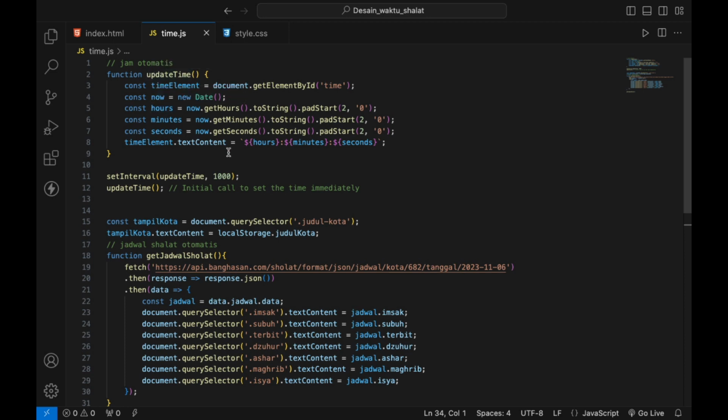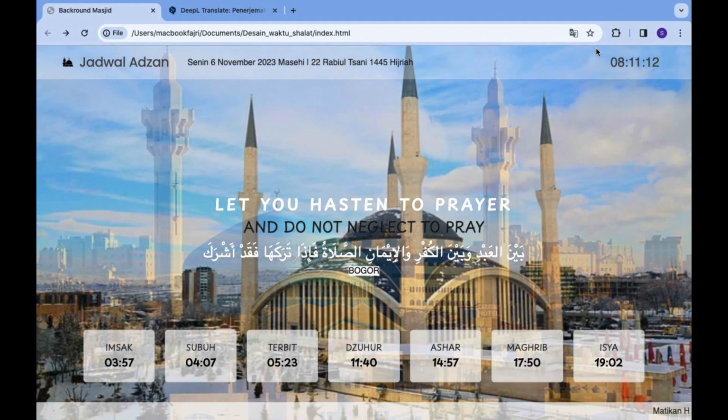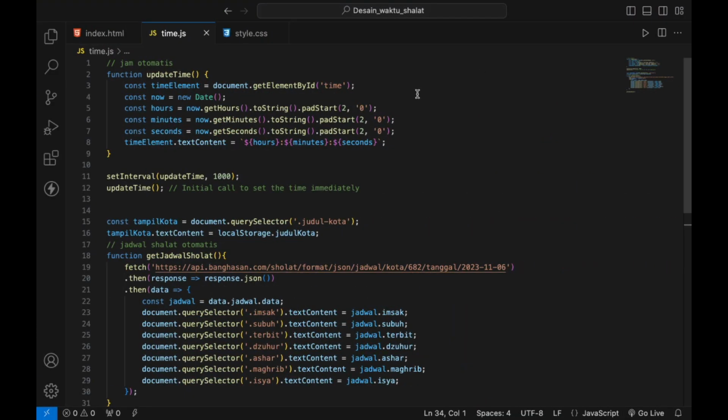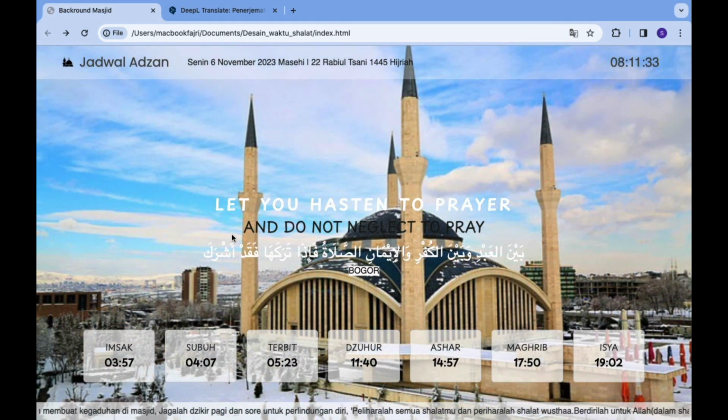The time is automatic, and I make it automatic with this function updateTime: const element, document getElementById time, const now new Date, const hours, like this. And then this setInterval updateTime.